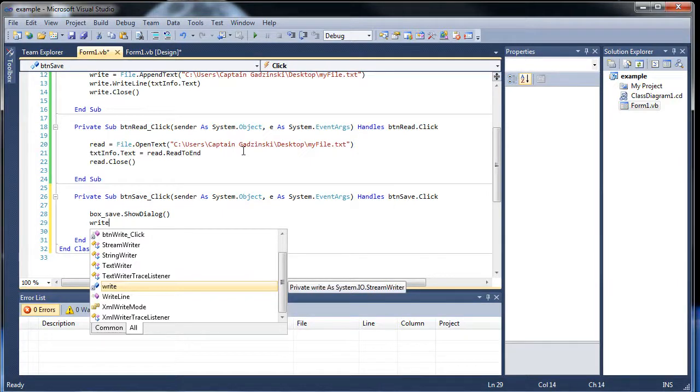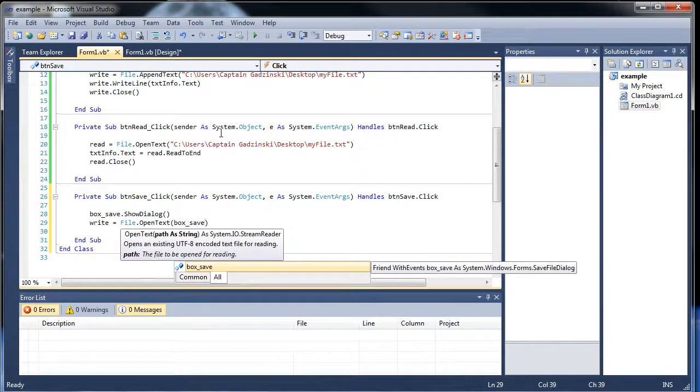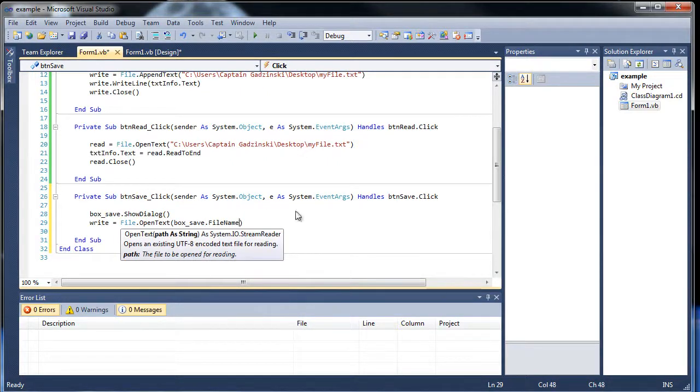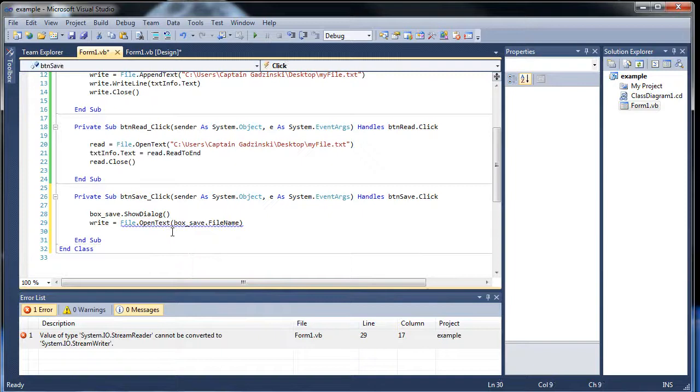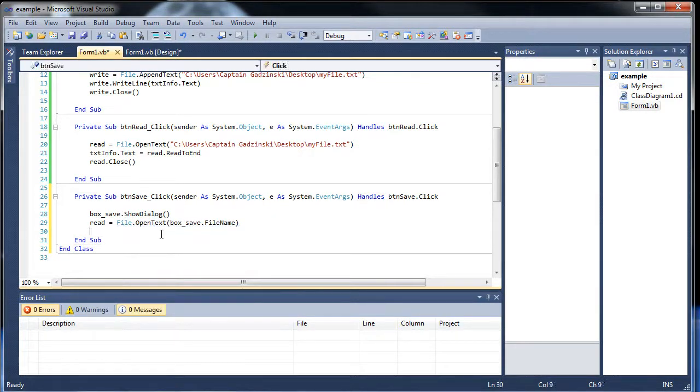And this is pretty much the same thing. So it's File.OpenText again, but instead of listing the directory, we're going to want to type out the box save right here, dot FileName, and oh dear. Oh, I think I got the wrong one right here. Is this going to be the read? Oh, I guess I got the wrong one there. Box save. So we're going to want to be doing the read. Okay, so